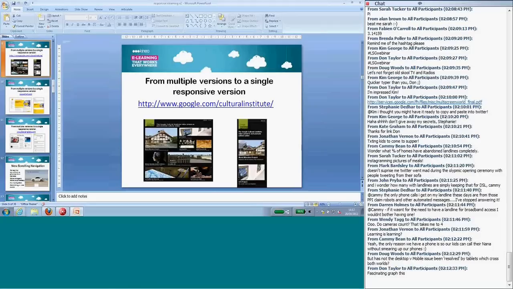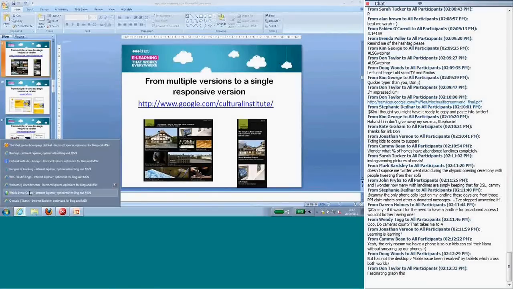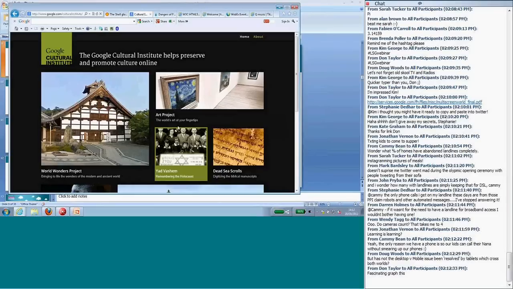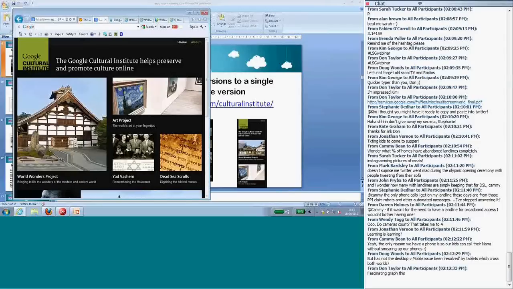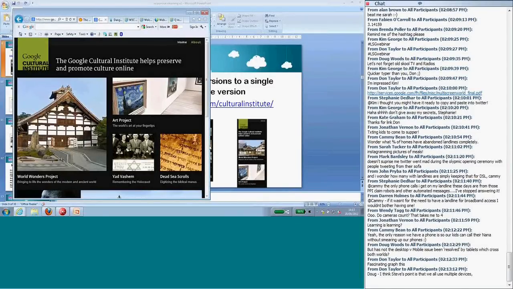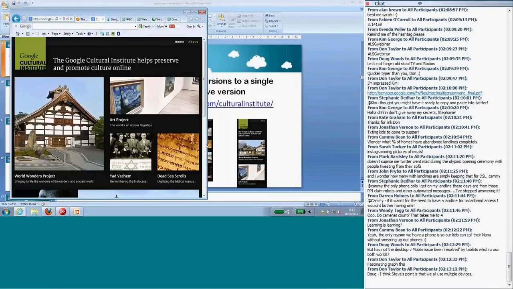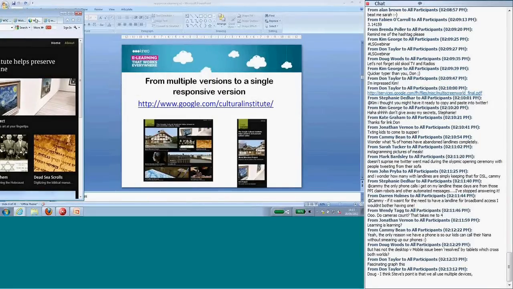And I just wanted to share a couple of examples, which is why I'm sharing my desktop here. If I pick out one of these examples, I'll show you others. This is a website from Google, the Cultural Institute website. If I make this site smaller, I hope you'll see this happening on your kit. If I view it on a tablet, I get a slightly different layout than if I view it on a desktop. Excuse me, I'm trying to grab the corners of the screen. If I move to a mobile phone size,